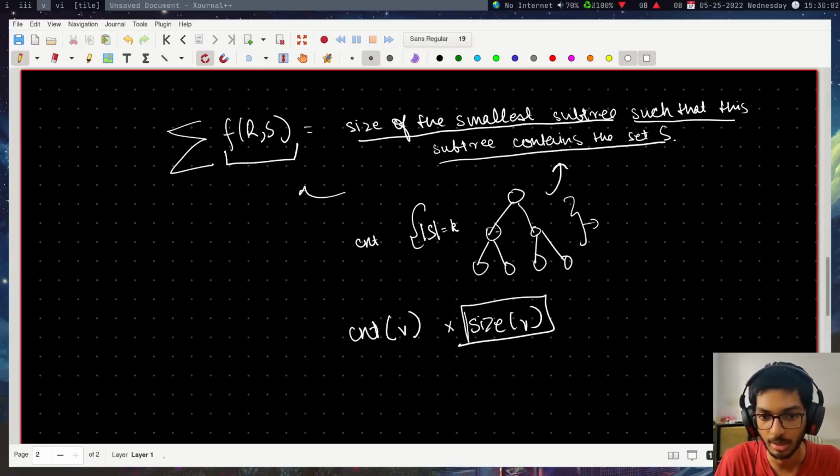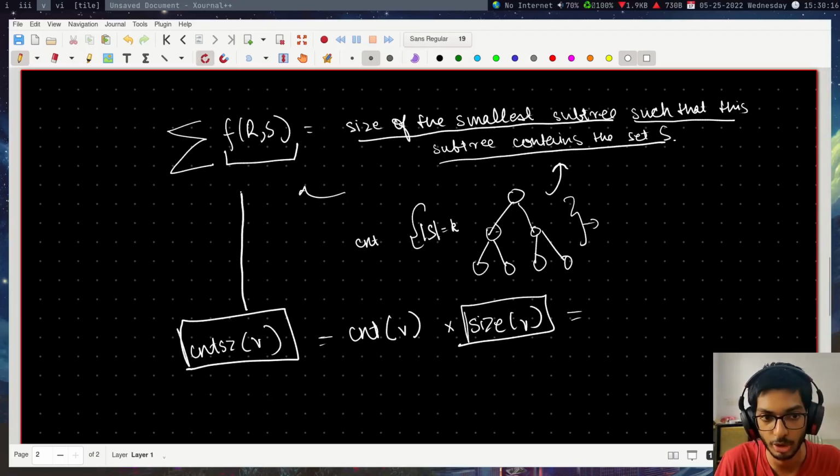So if we multiply these two terms, that will be the contribution of, let's call this, count of v times size of v. So this value will be the contribution of just the node v towards the entire sigma that we're trying to calculate. This was for all the subsets of the vertices,